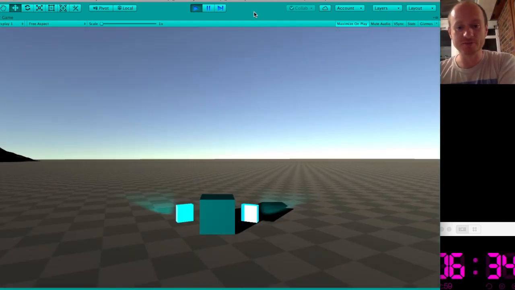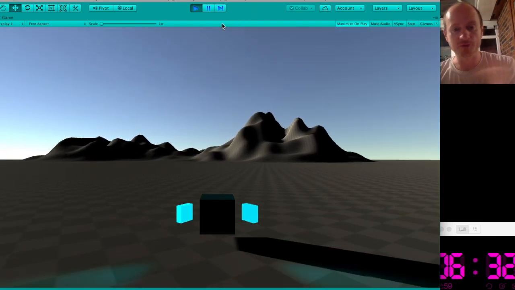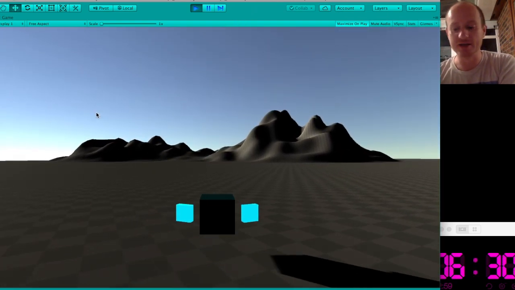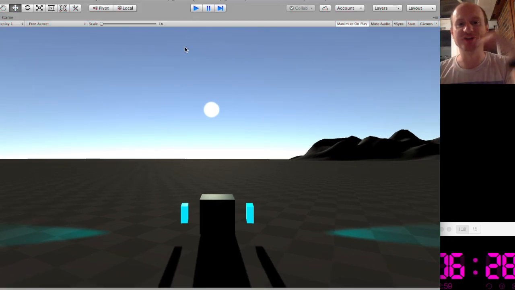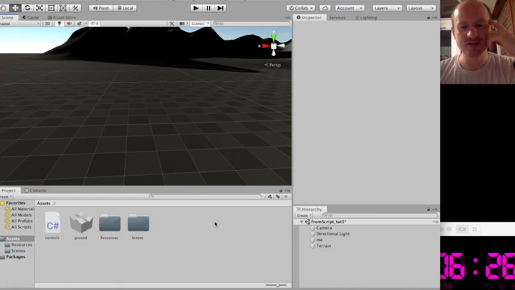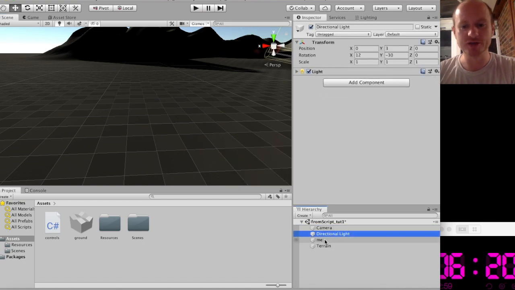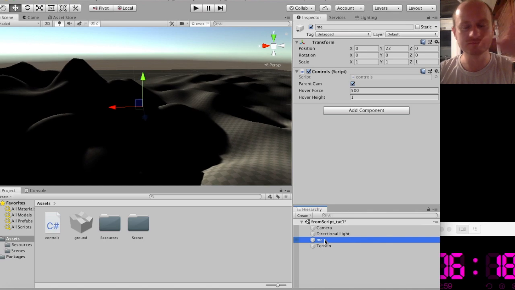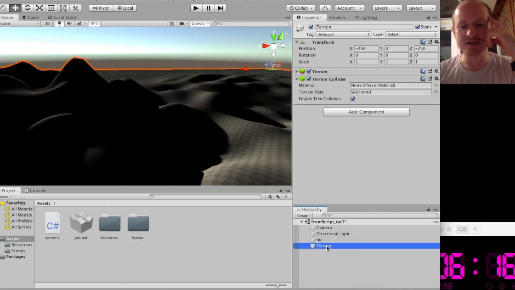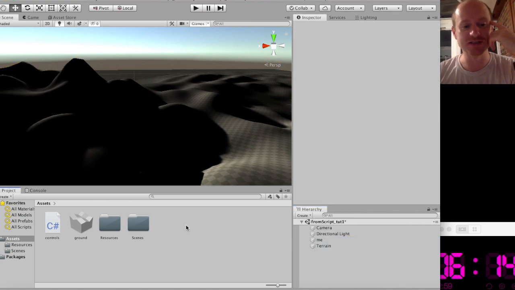I've got a little fellow that I can hover around with, and I've got a terrain and over there a directional light. So if you're following along, that's all you need in your scene. I have a camera, directional light, me, that was my little flying vehicle thing, and some terrain, so a very basic scene. So firstly, what if we wanted to create some stuff in the scene, so make an object